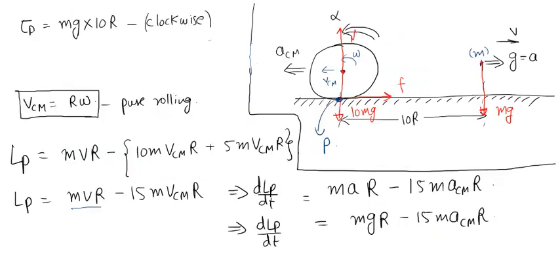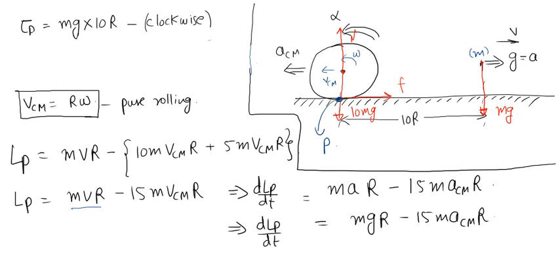Now here I am trying to write the torque equation for the entire system about this point P. I know that the torque of these three forces, 10 mg, F and normal reaction, are 0, but there is this mg force also, which is the external force on the system, which gravity is exerting on this particle. So this is the only force which will be producing torque about this point P. So the torque of external forces about point P will be equal to mg into 10r, and it will be in clockwise direction.